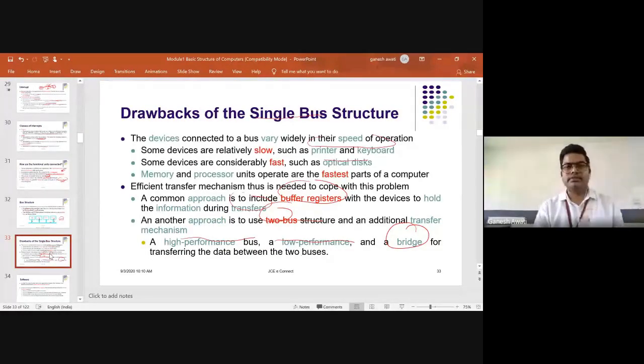For the buffer register, an example I can give is your printer. When you send data to the printer it will be slower, but your computer is fast, so it can send the data at one time to the buffer. Once you give a print, you don't need to wait until the print comes. You can use your computer for other things, yes or no? Because the message is already sent to the printer through the buffer. The printer is slower and will take some time to print, but your computer's work is done, so you can use the computer for a different purpose until the print comes. So let's stop for today.